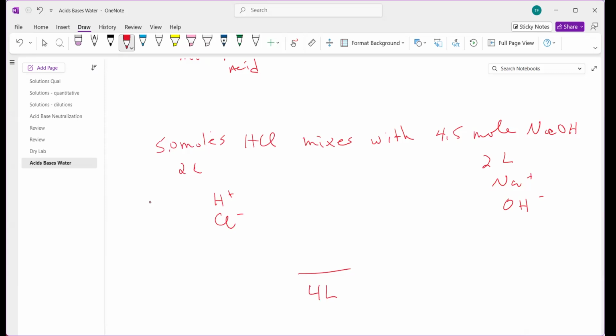So before we mix them together, look at the concentrations of each. As far as Cl goes, we have 5 moles in 2 liters. As far as the H goes,